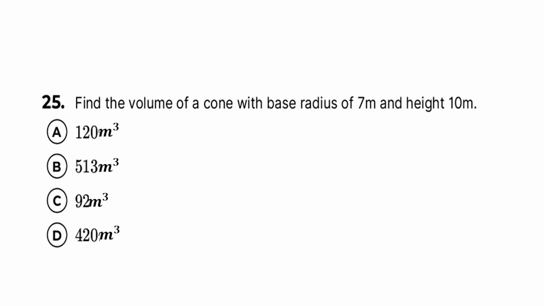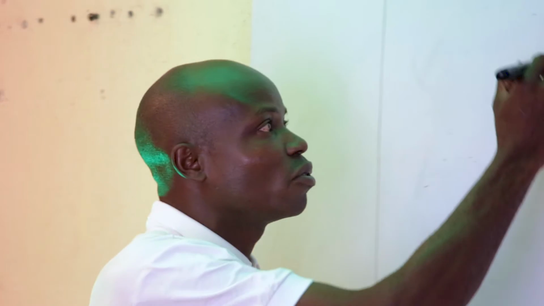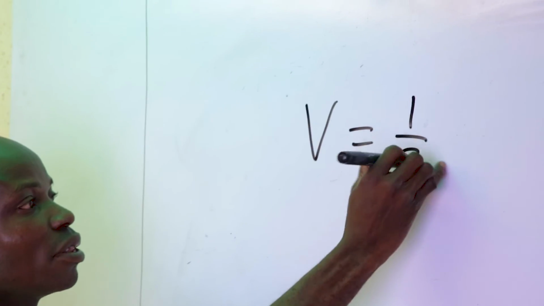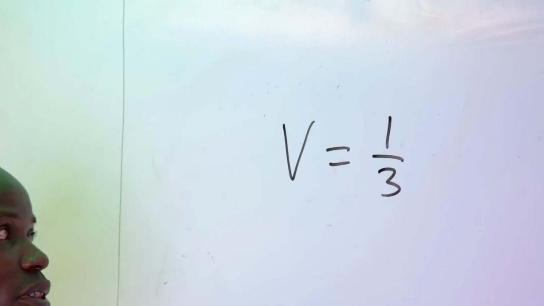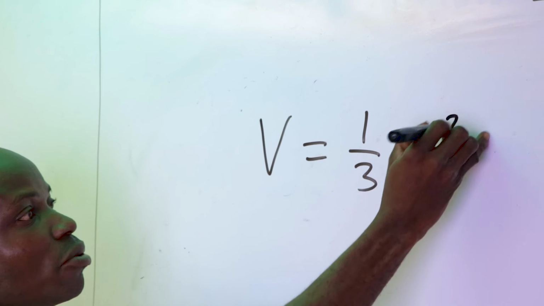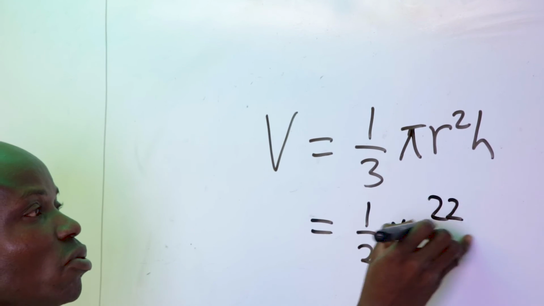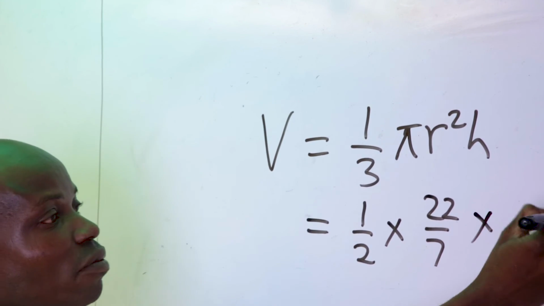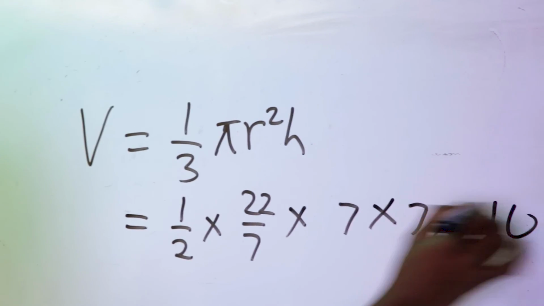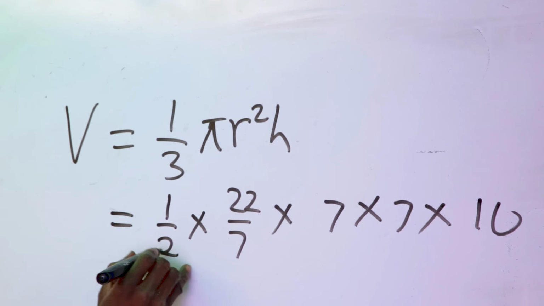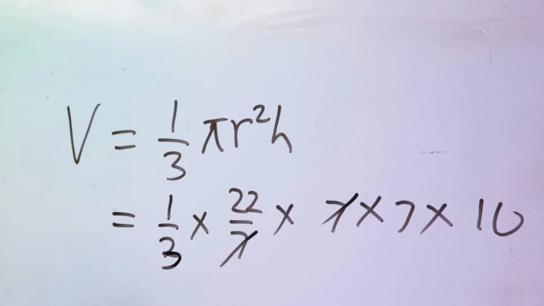Number 25. Find the volume of a cone with base radius 7 meters and height 10 meters. Remember that the volume of a cone is expressed as 1/3 of the volume of a cylinder, which is 1 over 3 pi r squared h. And that is 1 over 3 multiplied by 22 over 7 multiplied by 7 multiplied by 10. Sorry, 7 cancels 7, and we have 1,540